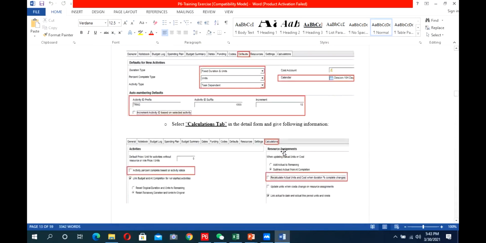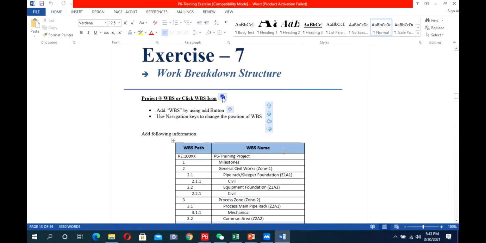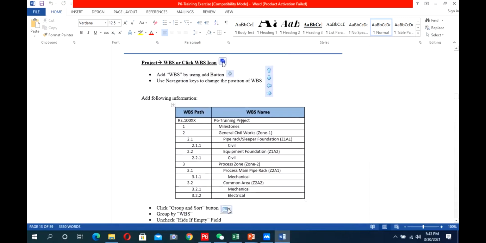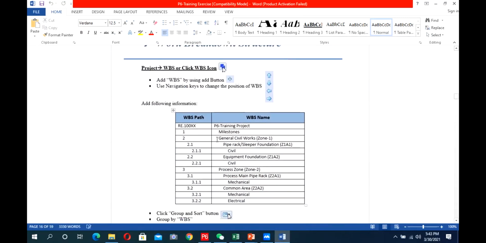I hope every one of you is clear up to exercise 6. So today first we will start exercise 7, and what we have to do is create the WBS.